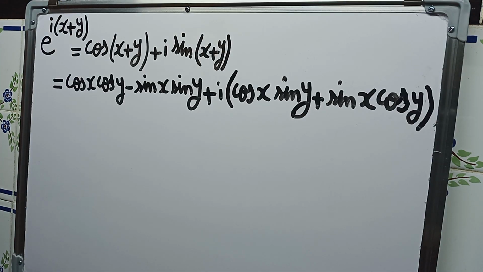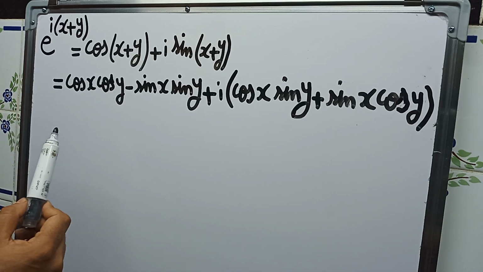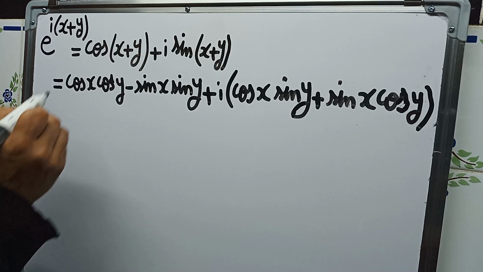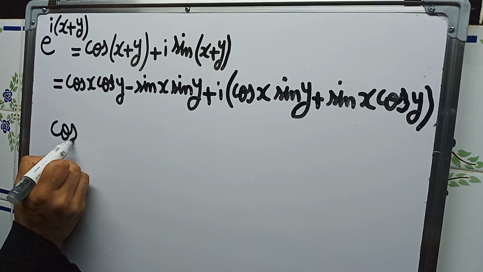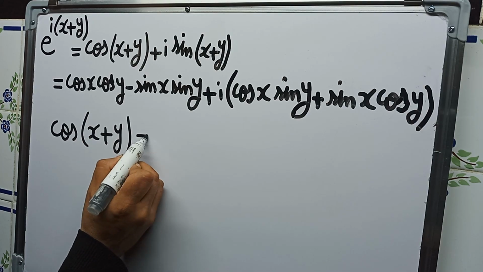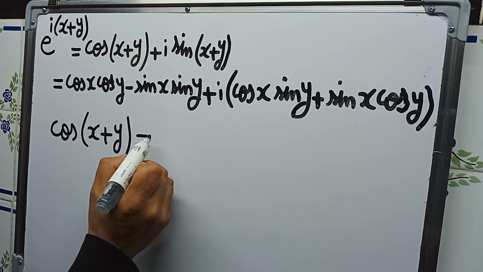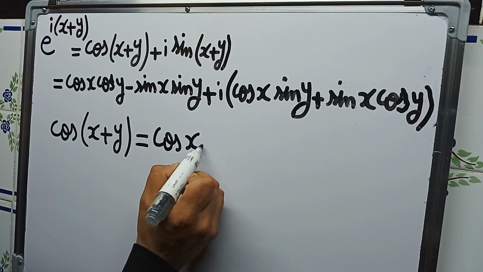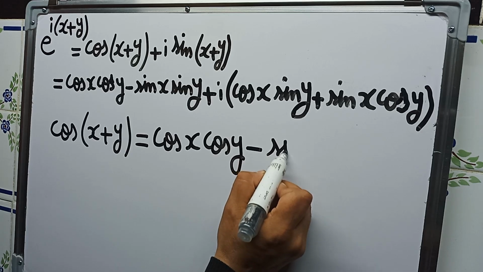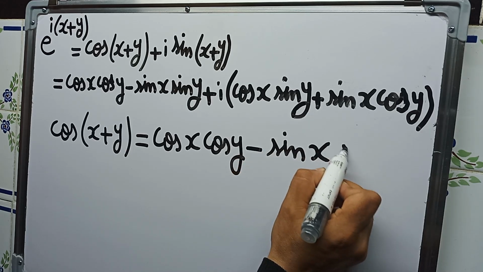Now the final step, since those two numbers are equal, the real part of the first number is equal to the real part of the second number, and the imaginary part of the first number is equal to the imaginary part of the second number. So we have cosine(x+y), the real part of the first number, is equal to the real part of the second number, cosine x cosine y minus sine x sine y,